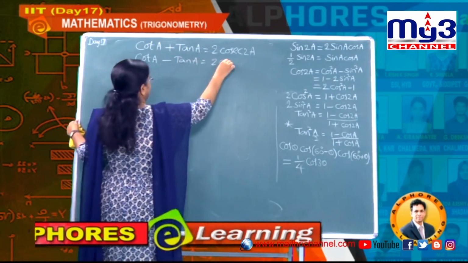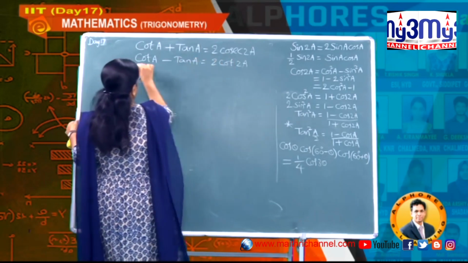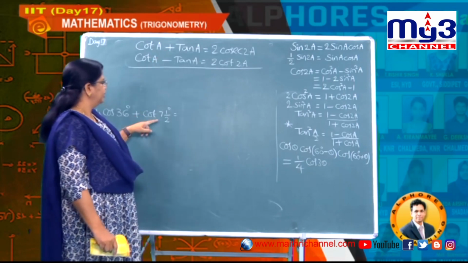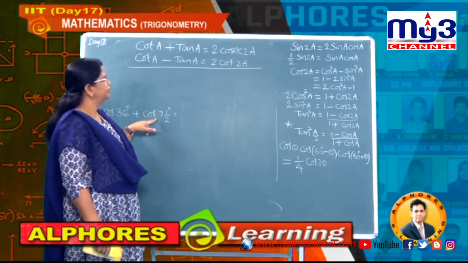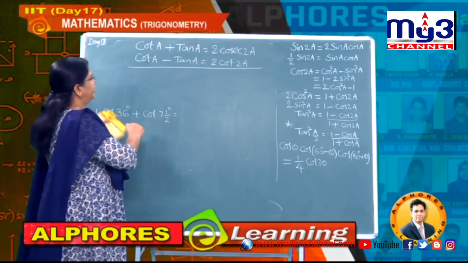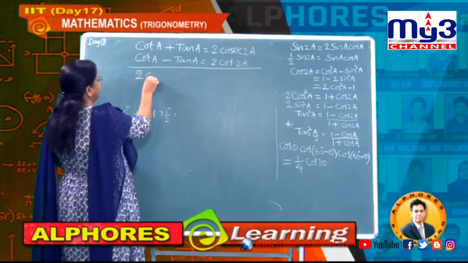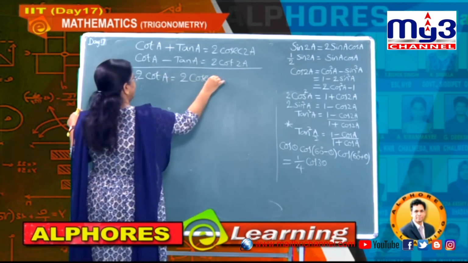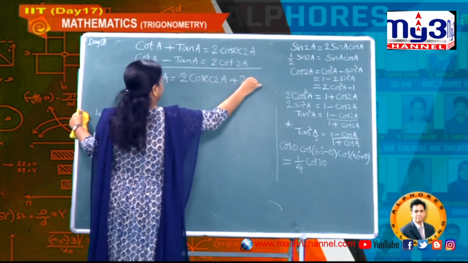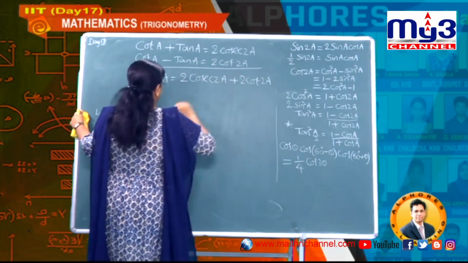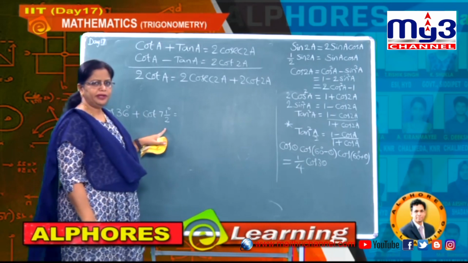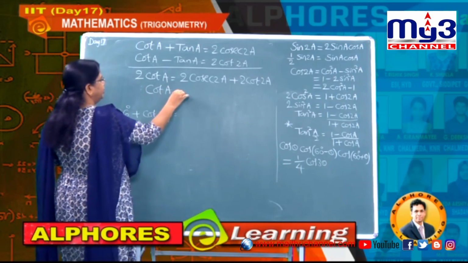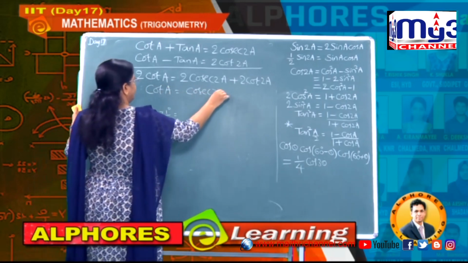So I think you have been observing some formulae we kept on repeating. Okay. And now from these we want the cot result. To that purpose I am simply adding, then it is 2 times cot A equal to 2 times cosecant 2A plus 2 cot 2A. Okay. Now already we have proved this result. If you are able to remember, better write the value directly. Now cot A equals cosecant 2A plus cot 2A.